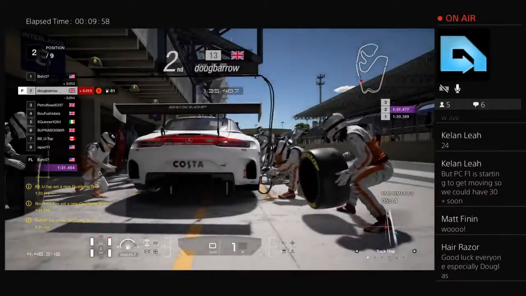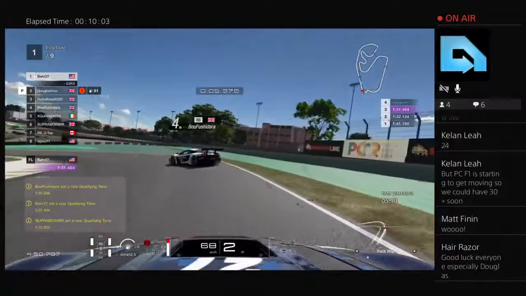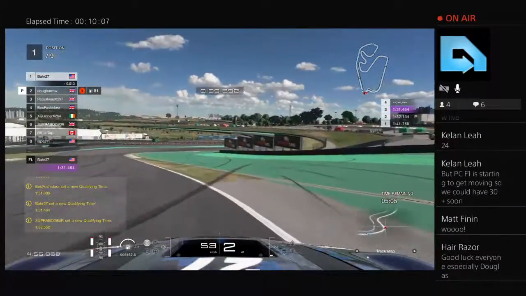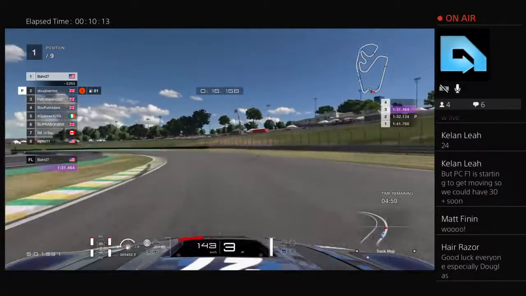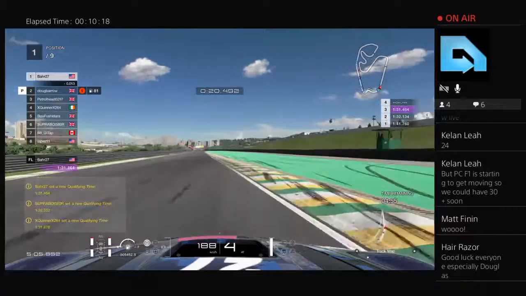He wouldn't improve on his lap anyway, as Bar jumps in with 13,000 as he smashes into Bo. That will be looked into. Bar leading with 13,000 to Doug Barrow with an amazing lap time of 1:31.464. Grinner improving on his lap time